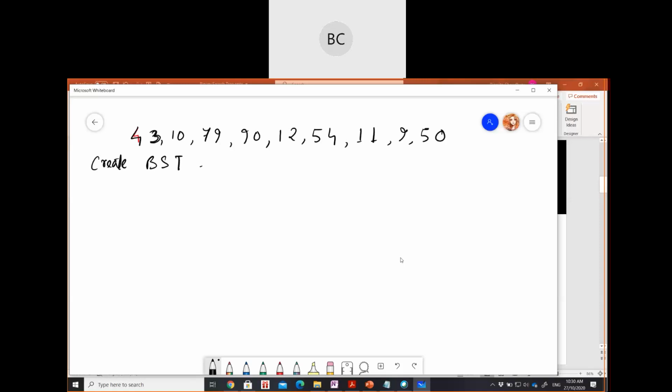First, you always go from the start. So you will just insert this 43 into the tree as the root node. Okay, 43 is going to be your root node. This is the first item you are seeing. Then I have to go to the next. Now I have 10, correct? Now you tell me 10 is,